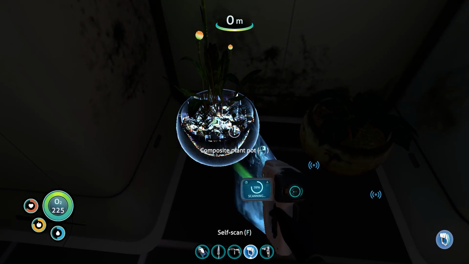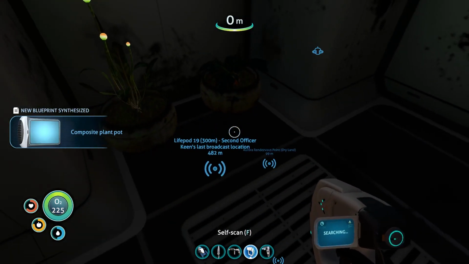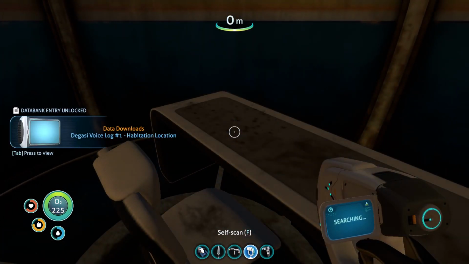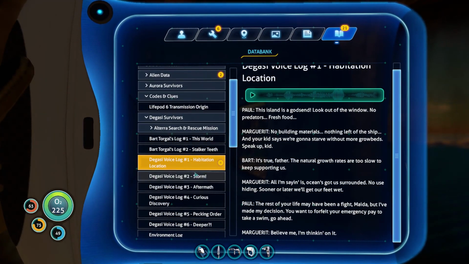Alright, so, yes, plant pots. Those are awesome for growing stuff indoors. Already learned that. Cool. And we do have another PDA here. Ooh. Integrating new PDA data. Habitation location. Alright, looks like...